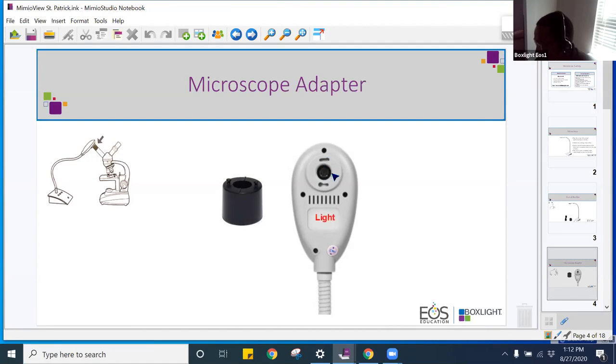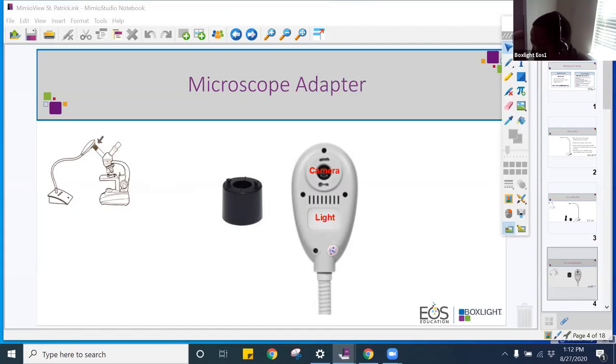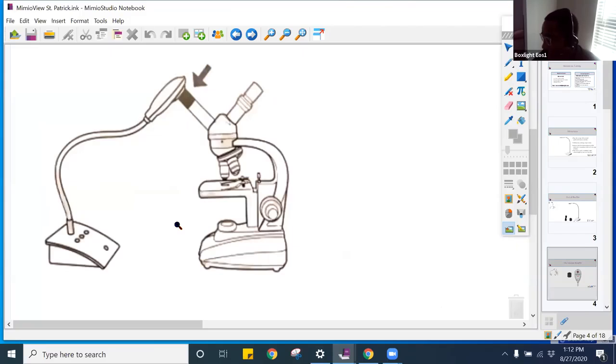This is the area that it plugs into here. Right here are your lights, and also right here is your camera. So the top pieces that you see here and here will basically attach here, and it twists in. And that's when you will put that over your document camera scope,